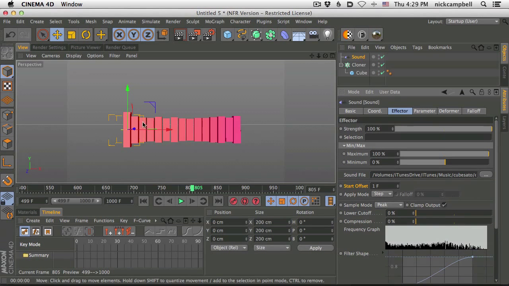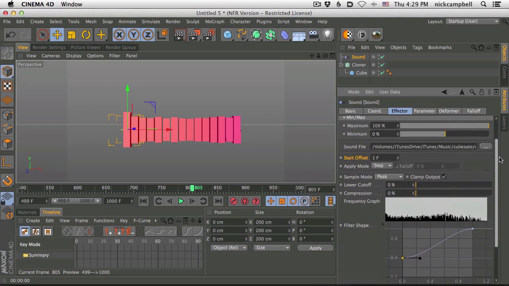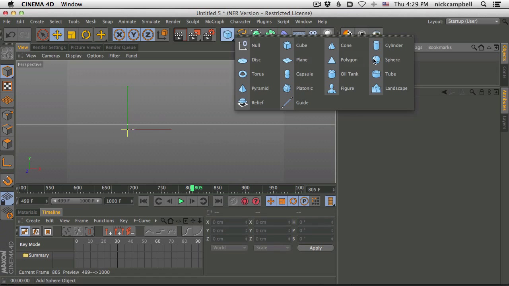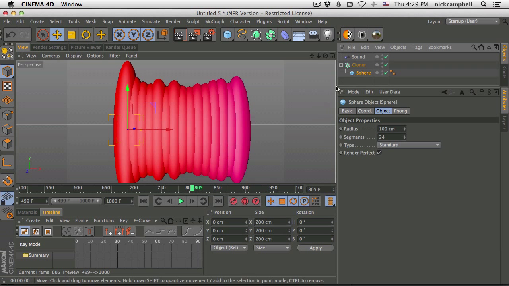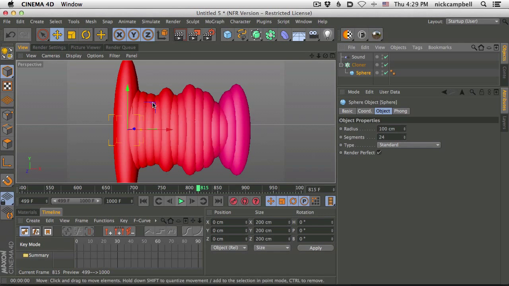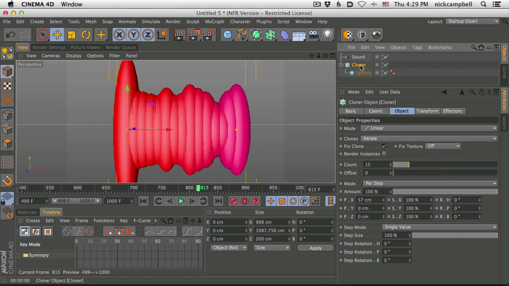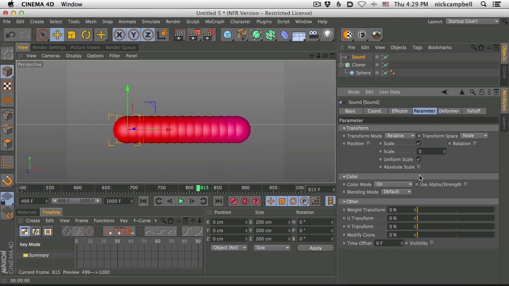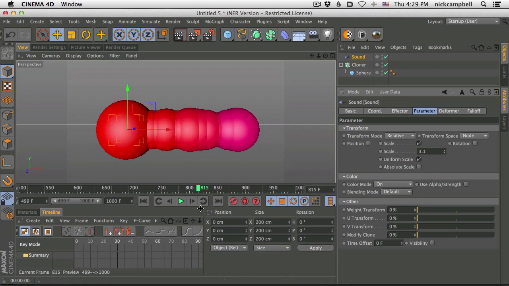So we have our track, we have our stuff bouncing around, and let me show you how quickly we got from here, basically me learning how all this stuff works, to making a cool little animation with some spheres, of course. So let's swap our cubes. Let's just delete our cubes and give them some spheres instead. And in this case, we don't want them to move in just the Y direction. We want them to move and scale in all directions. So we can go to our sound effector and go to the parameter and say uniform scale, and then turn that dude up. Okay, cool.